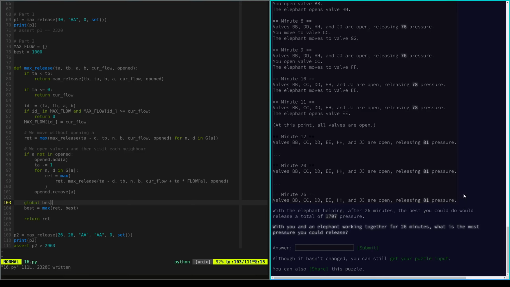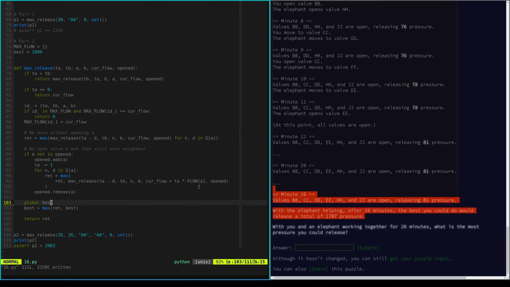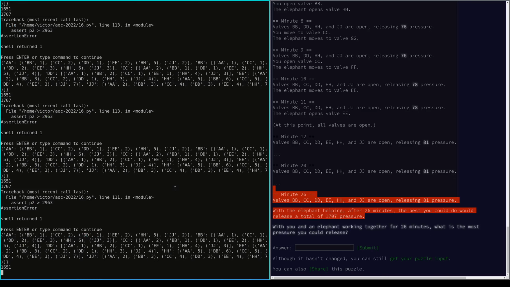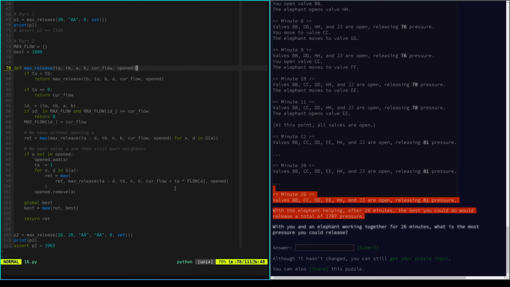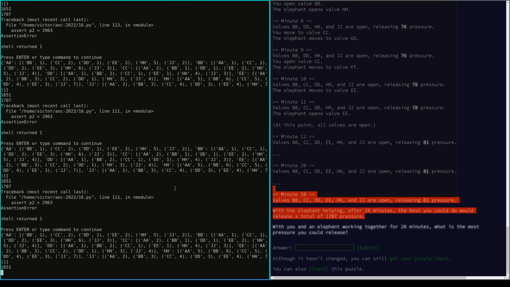In the end, this is what happens. TA should be larger than 0. Yes, it takes 1, and then we do that. We are not summing any negative value or anything, so it would happen that TB is negative because it took too long to go there. If TA is less than or equal to 0, then we're done. Less than or equal to 1, we could also do this, but